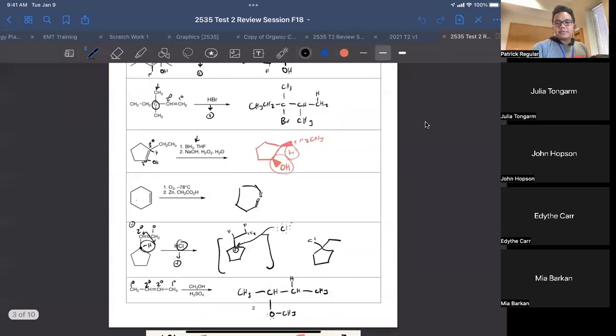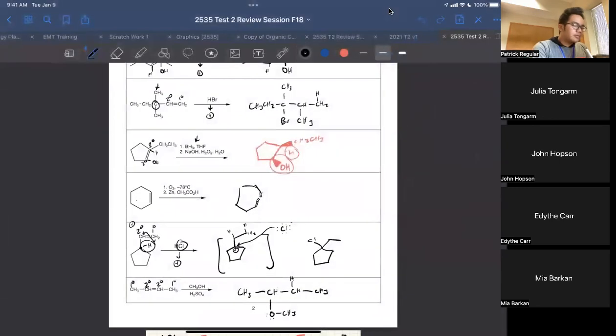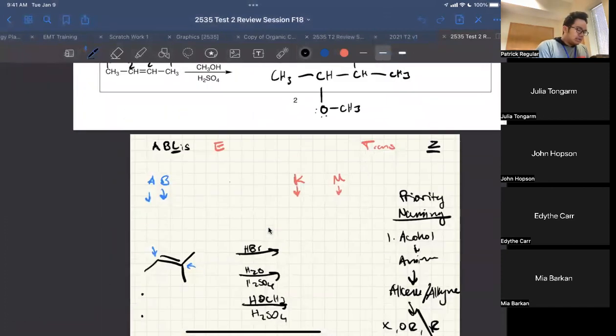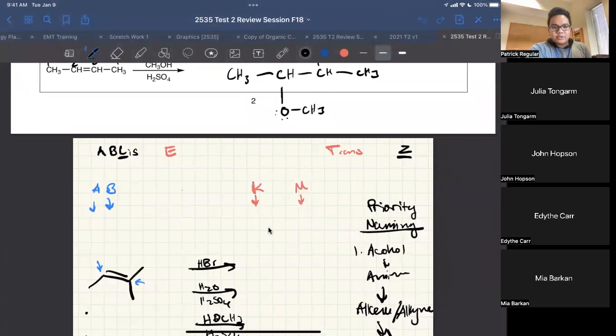All right, we're going to go ahead and do some quick review on what we covered yesterday. So the main points we're trying to look at is stereochemistry. So the first thing is alkene stereochemistry. For alkenes, whenever you have a double bond in a compound and you're naming it, you have to put